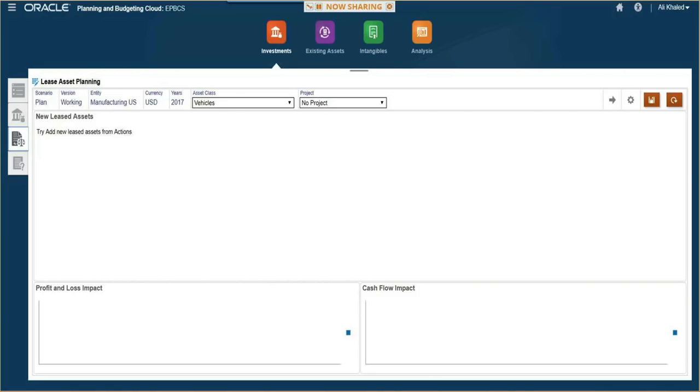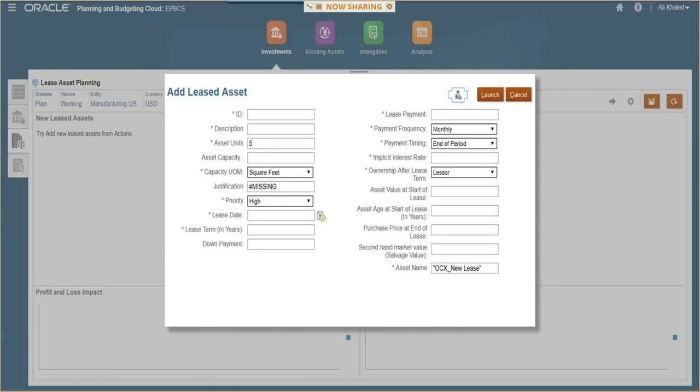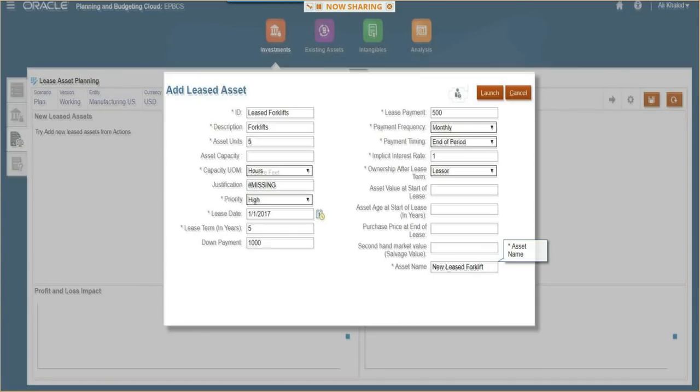So it's pretty much the same as what we did when we created the forklifts in the buy scenario, by simply selecting the actions drop-down menu and then add new leased asset. So you'll notice a pretty familiar pop-up screen. Most of the input prompts should be pretty familiar, so I'll skip ahead and fill them out. But I do want to highlight a few of the differences and a few of the properties that are a